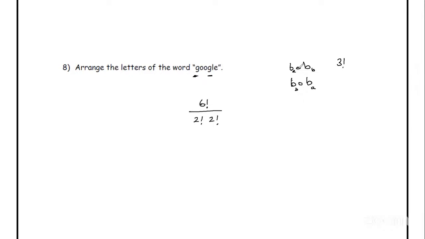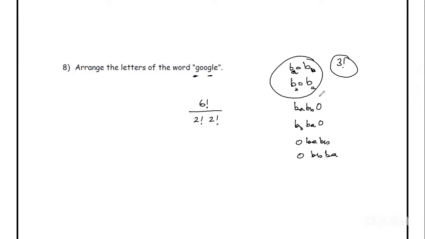You see, it is actually Bob only, but it's just to show you the differentiation, as the A and B are interchanged. Then you can have BA, BB, O. And then BB, BA, O. And then you can have O, BA, BB. And then O, BB, BA. So in a way, when you write 3 factorial for Bob, because there are 3 letters, just like Google, there are 6 letters, so I put 6 factorial. But eventually, what happens is